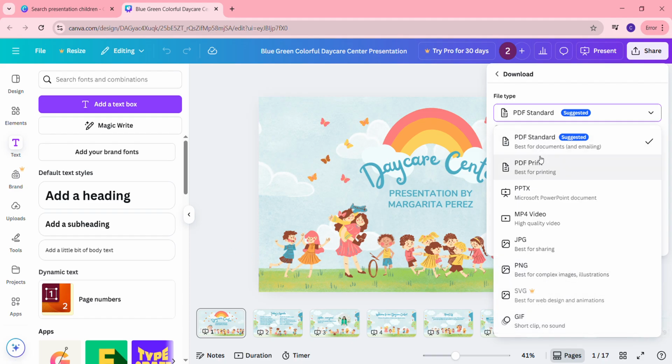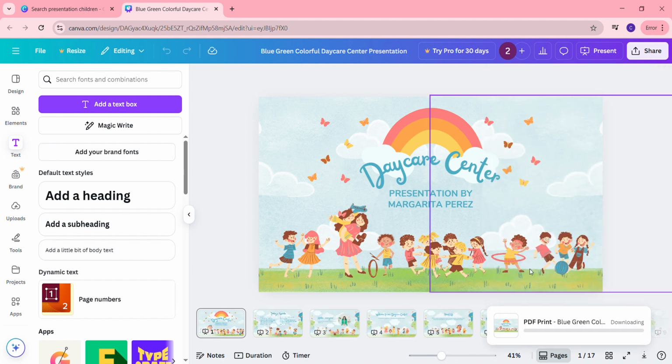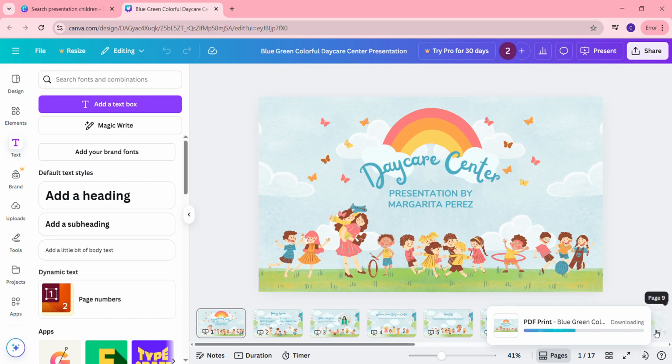So for today's purpose, I'm just going to save it as a PDF print and I'm going to download this. You'll see if it's a small file, then it will not take very long to download at all, but if it does, that's fine. Just wait a couple of minutes and you'll see that it will be available in your